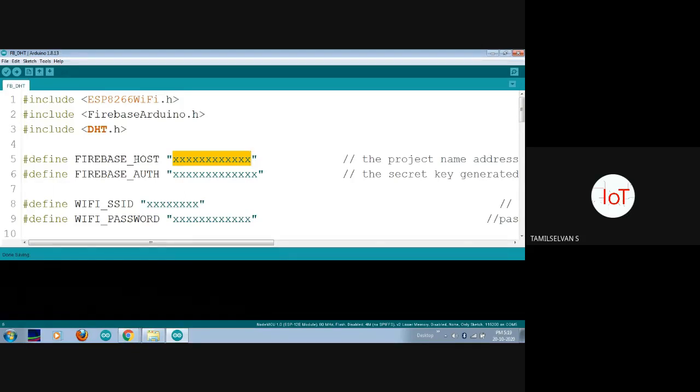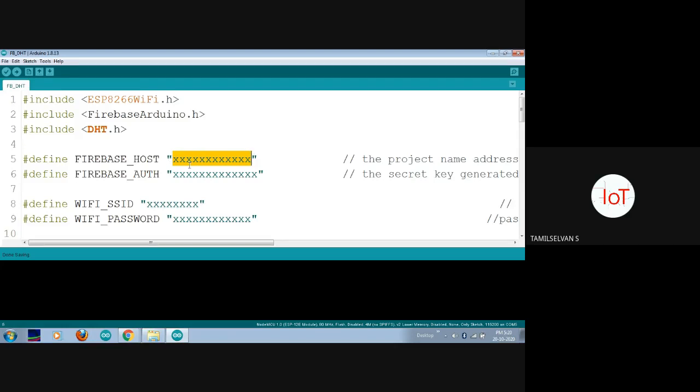But here, each and every project that you create in the Firebase account will have a unique authentication ID. Your host ID will be the URL, which would be common. The URL will differ only in the 3 to 4 digits at the front. So you have to copy the entire link from your Firebase account. That is very much suggested.